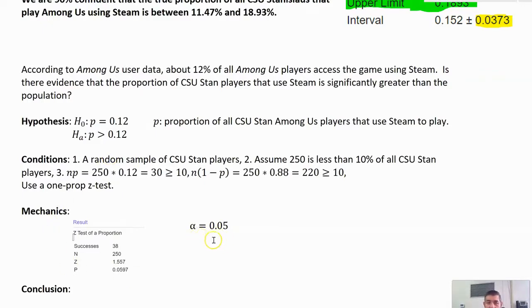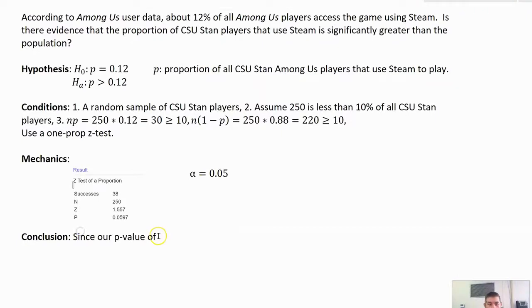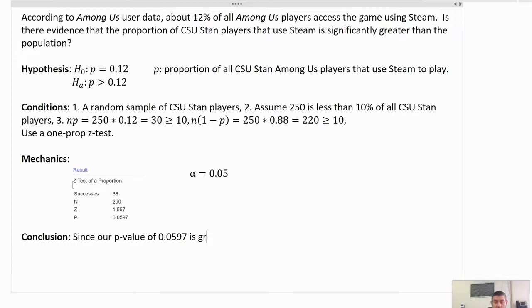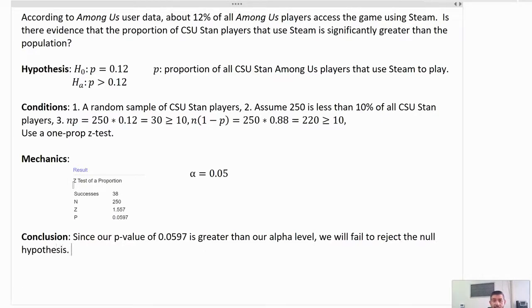So given our alpha level is 0.05, we're going to come out with our conclusion here. And our conclusion is based off of our p-value. So we're going to say since our p-value of 0.0597 is greater than our alpha level, we will fail to reject, right? A p-value that's bigger than our alpha level, we're going to fail to reject the null hypothesis. So what does this mean in context? This means that there is not enough evidence